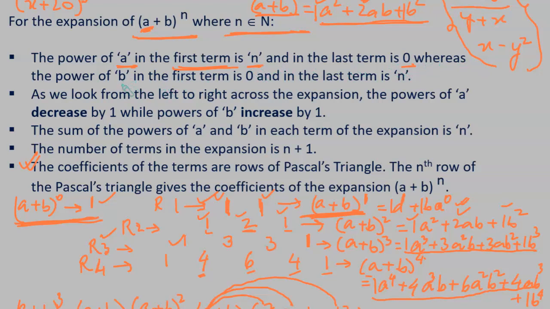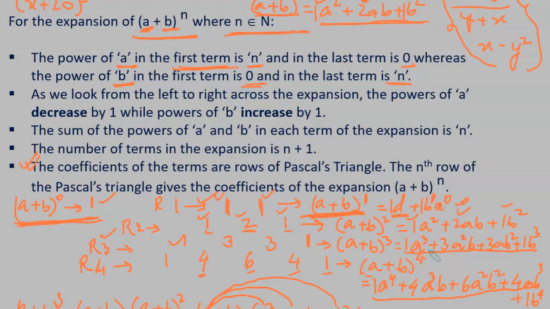Whereas b is the second term of the binomial expression. So, power of b in the first term is 0 because you don't see any b over here, because it is b to the power of 0. So, b part is missing. Because the power of b in the first term is 0 and in the last term is n,